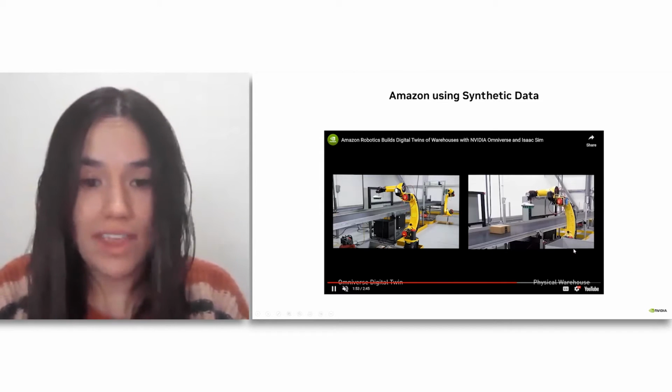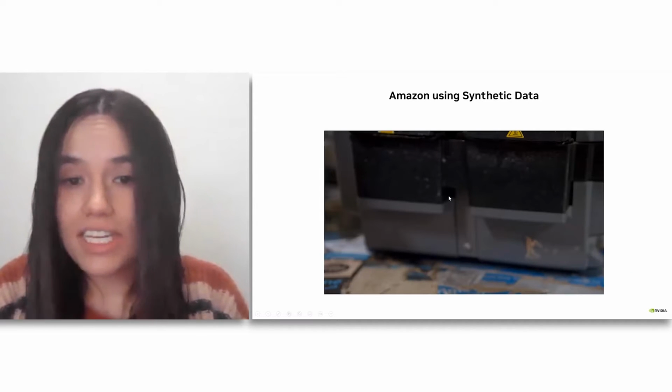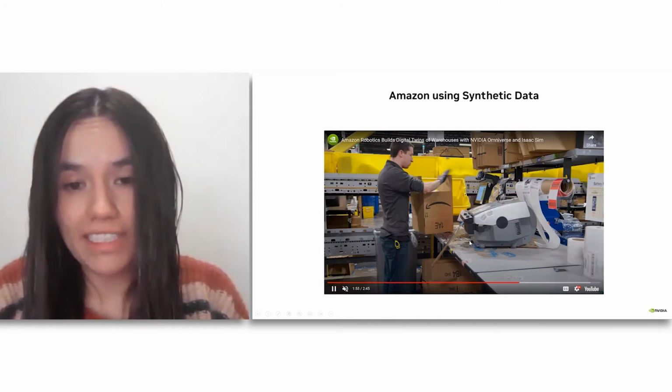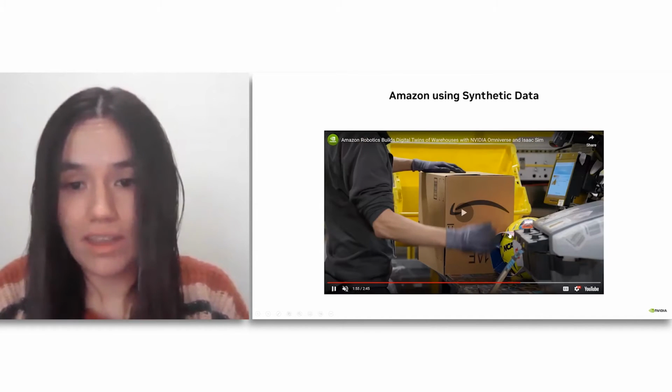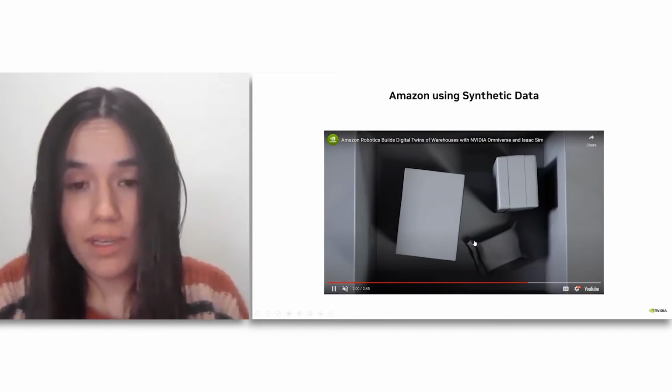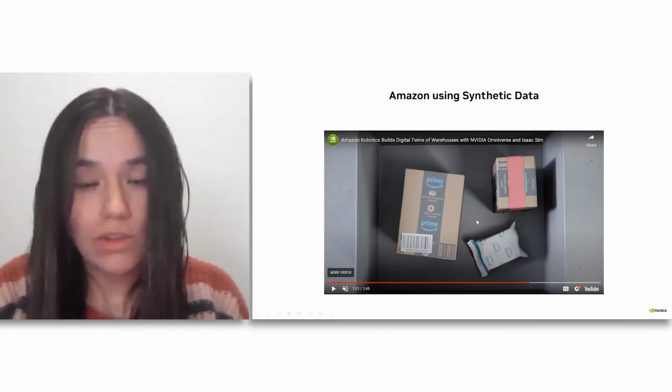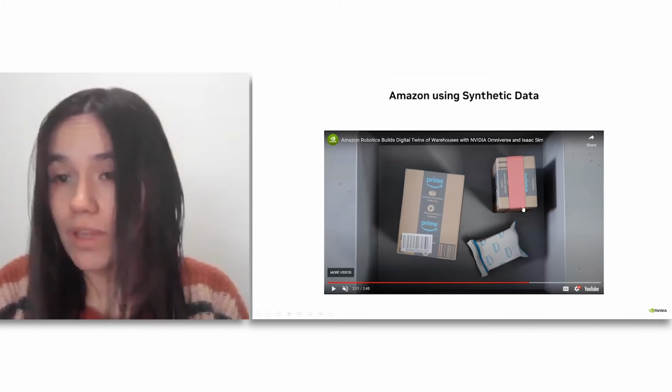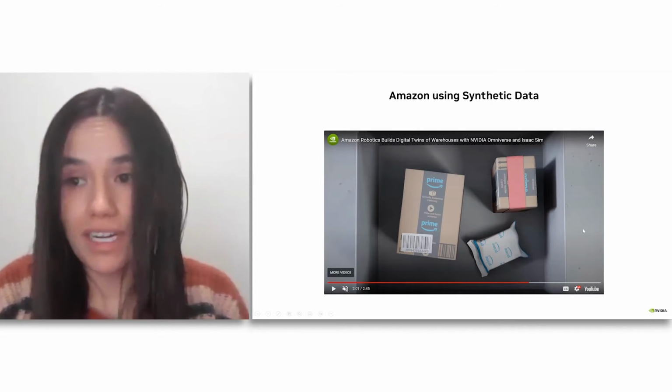Turns out that they changed the tape towards a more reflective tape, and then the computer vision algorithms were not working anymore. So for that, we utilize Omniverse Replicator to generate synthetic data of this tape with more reflectivity, and we retrain the network. And this was feasible to do in minutes with the capabilities of Replicator and with their